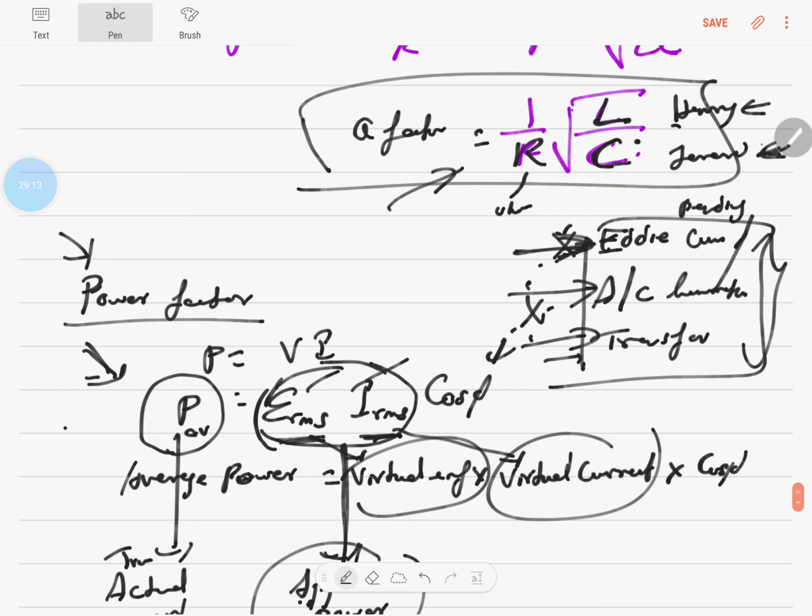Okay, a power factor is power P average. P average is the power, and the formula is ERMS into IRMS into cos phi, where the voltage is the ERMS value, and the current is the IRMS value, into cos phi. You know that the current and the EMF will have a phase difference because we are talking about an LCR circuit. So you can simply write this, or if you ask me how it came,